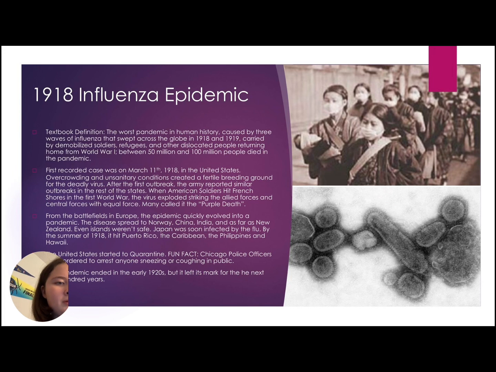The disease spread to Norway, China, India, and as far as New Zealand. Even islands weren't safe. Japan was soon infected by the flu. Picture above. By the summer of 1918, it hit Puerto Rico, the Caribbean, the Philippines, and Hawaii. The United States started to quarantine, and the pandemic ended in the 1920s, but it left its mark in the